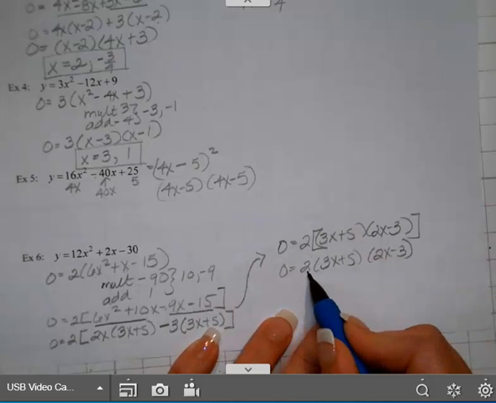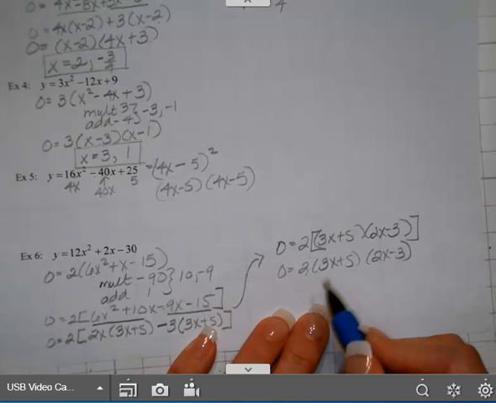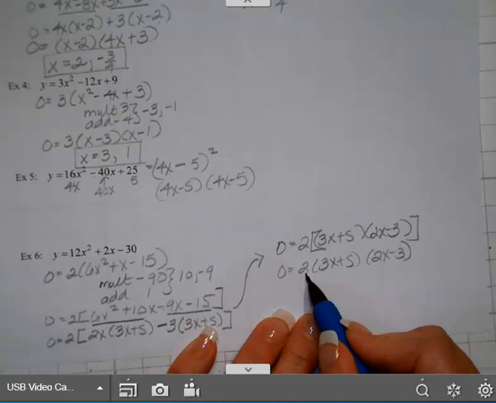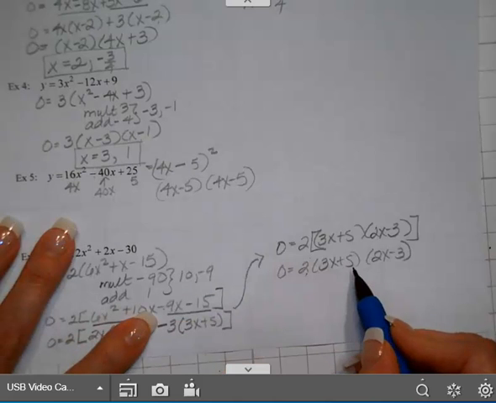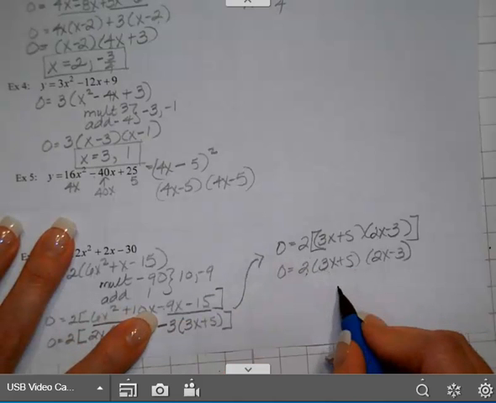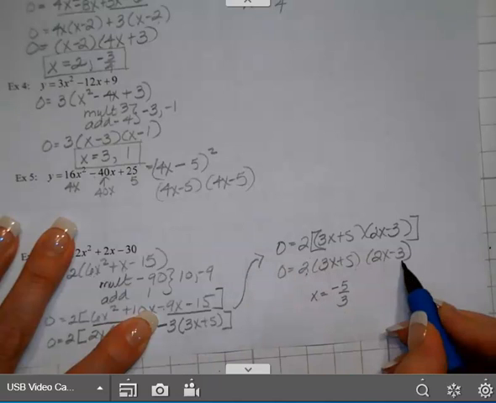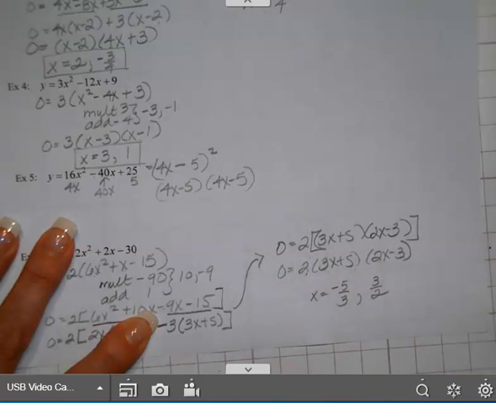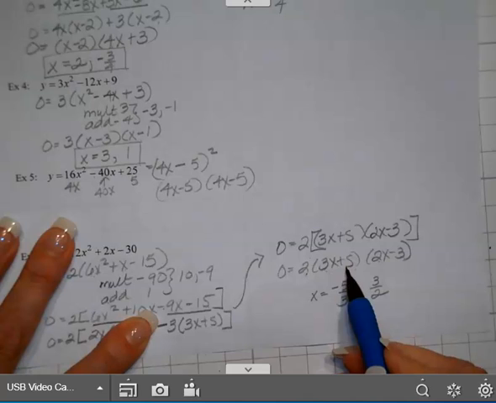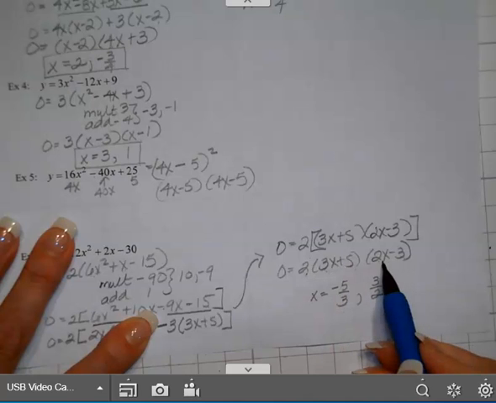The 2 doesn't have a letter by it, so it has nothing to do with the solutions. I need to look at my factors here. I'm going to take the opposite of this divided by that, so that's going to be negative 5 over 3. And I'm going to take the opposite of this, so that'll be positive 3 divided by 2. And those are my two solutions. You could set 3x plus 5 equal to 0 and 2x minus 3 equal to